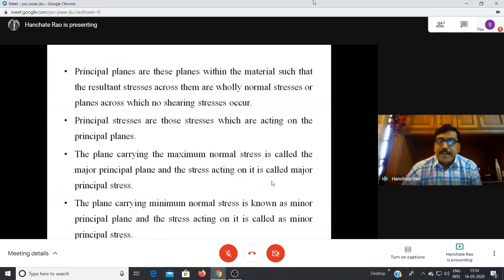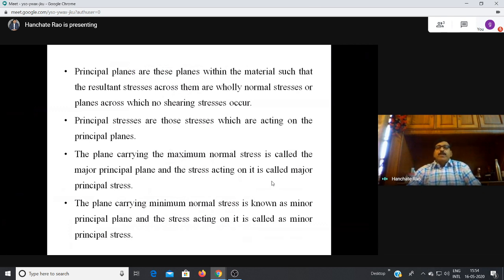First, before understanding principal stresses, we should understand principal planes. If you consider any three-dimensional body, there will be different loads acting in 3 dimensions. Okay, if you consider a three-dimensional scenario,